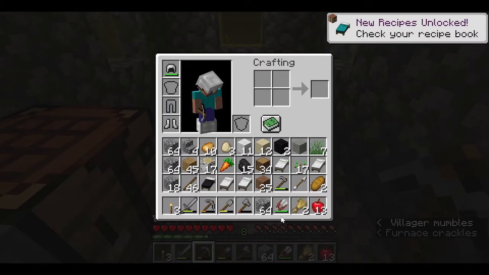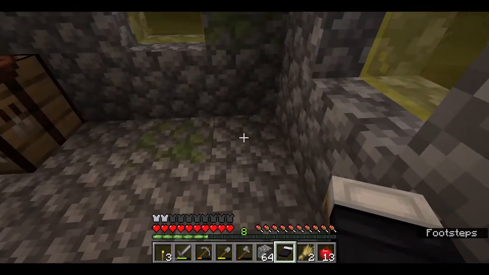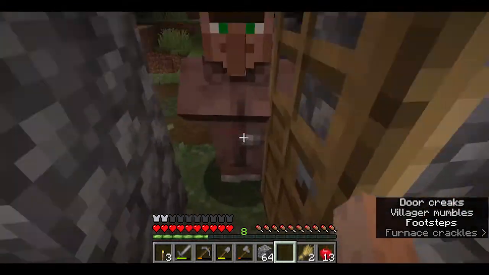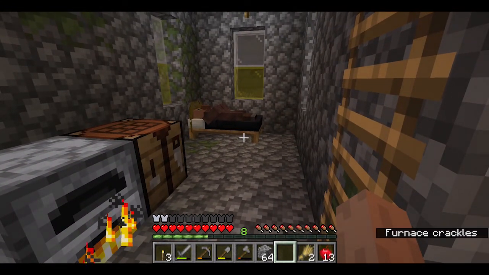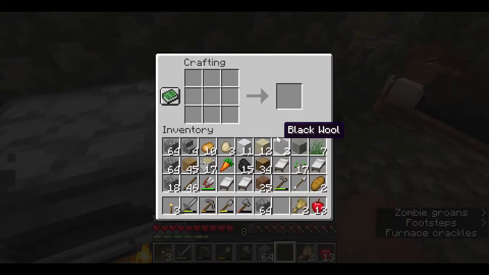So let's put one of the beds down, and maybe that villager friend will come in and he will go to sleep. There we go. That's exactly what I wanted. Okay. Yeah, would you like to come in and go to bed? Oh, he does! That's fantastic! Okay, I didn't actually think that was going to work. Alright, so now...